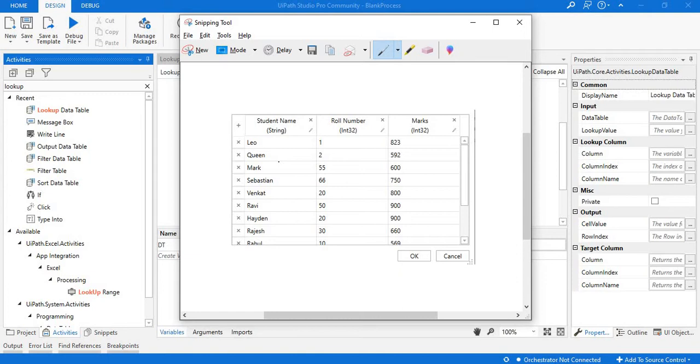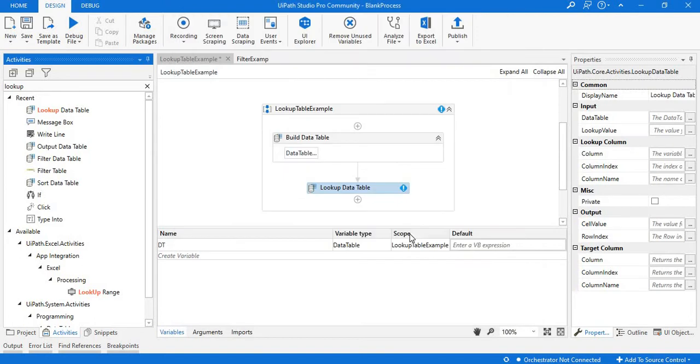In the same way, if you want to know the marks of a particular student, like if I want to know the marks of Ravi, we just need to provide the Ravi name and mention the column name from where we want to get the value, along with the index also we can achieve. Or else if you want to know the marks, we can just provide the Ravi name and we can get the marks of Ravi, which is equal to 900. I will show you how we can achieve this with the help of lookup data table activity.